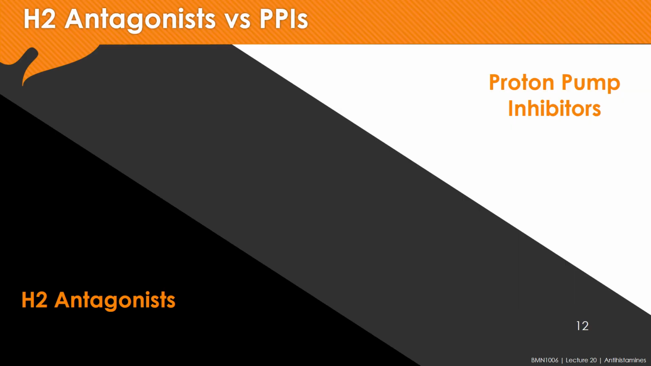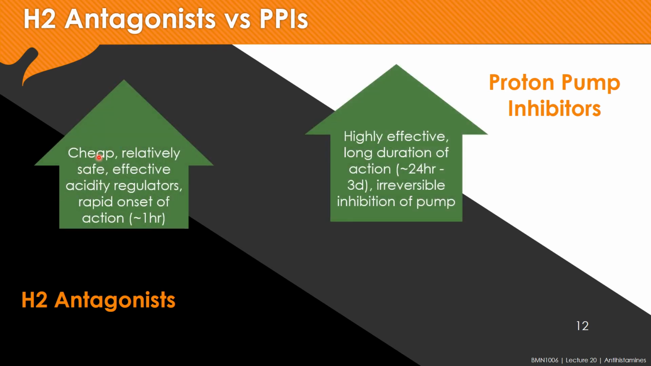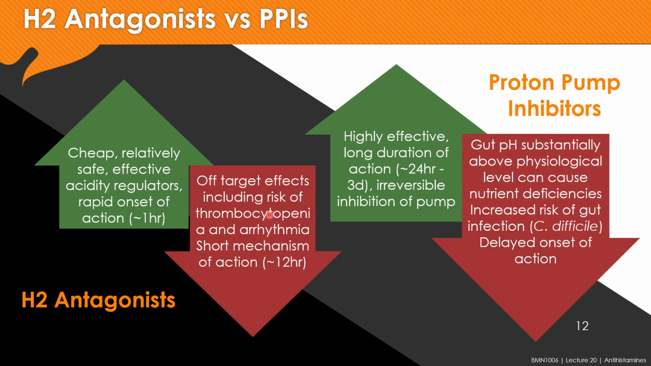And now let's take a look at the comparison between H2 antagonists versus PPIs. H2 antagonists are cheap and effective, but they can induce thrombocytopenia and arrhythmia. And it also has a short-acting lifespan. PPI, on the other hand, is highly effective and it can last for a long term of up to 1